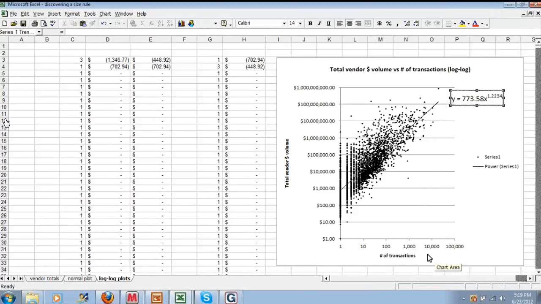When we look at the Y scale, we see the same thing happening. We know that there are occasionally transactions worth $1 or $10, but most of them are worth more. And as we move up the scale, from 1 to 10 to 100,000, we see the scatter plot, which is what this is called. The scatter plot places most of the data in the range from $1,000 to about $1 million in total volume. Most vendors are in this range. Okay, so I hope that I haven't lost anybody here plotting this on the log plot.